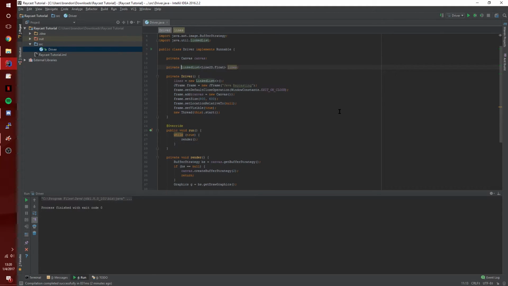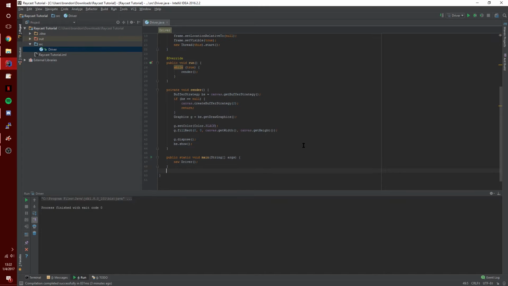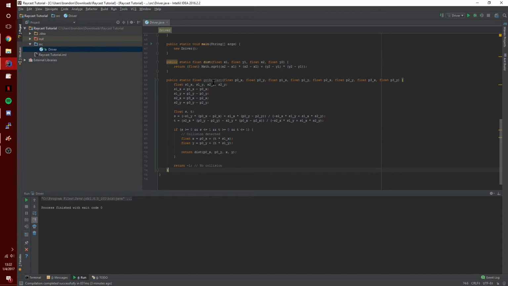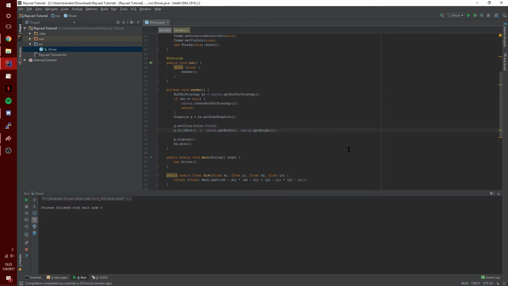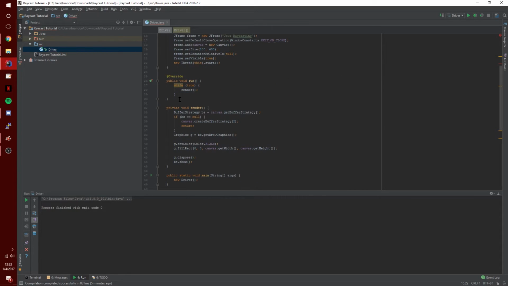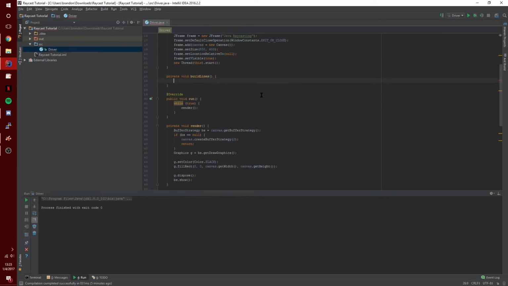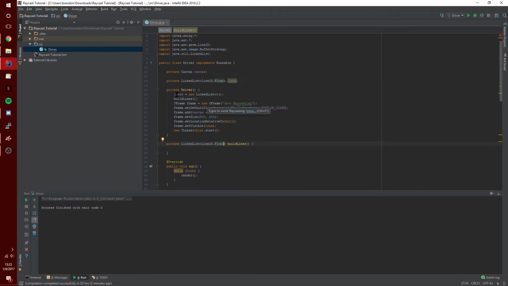This will be private. Alright, we'll just come over here to GitHub, and then just search in GitHub gist for DPGE GDX Raycast. Here's the link. I will have it in the description. And I'll just stick this here under main. And we'll just say, well, we need to build lines. So build lines. We'll make that right here. And you know what? We'll return that, and then we'll say